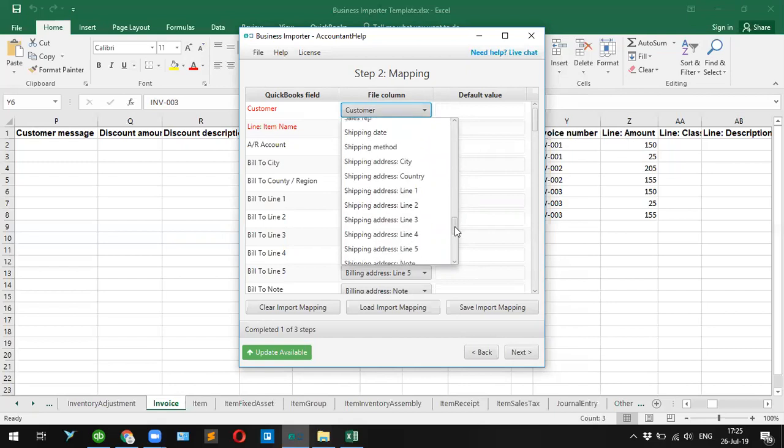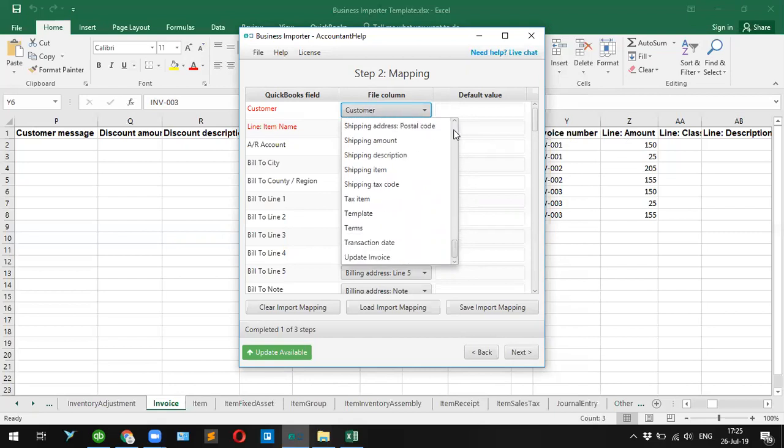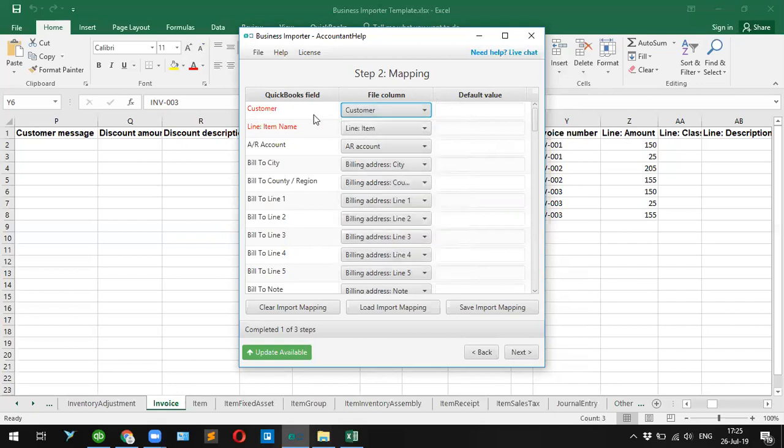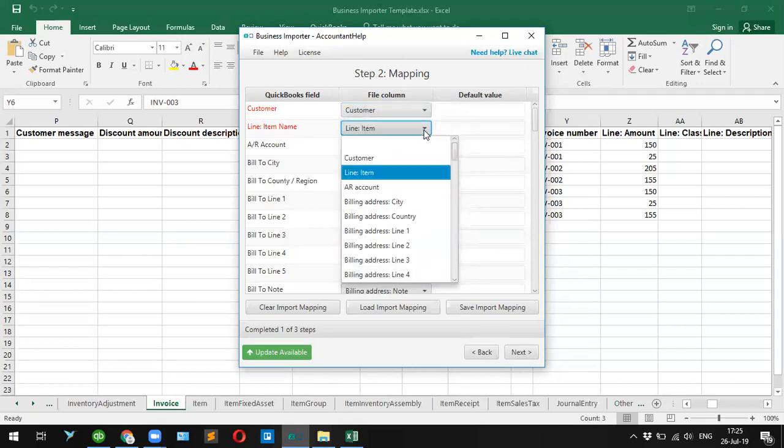And what do I need to do to map them? Okay, so this is my customer field in QuickBooks, and which column should correspond to this field? In my case, the column is called customers, so I select it. And I'm doing the same for each and every field I want to use during the import. So you drop down the list, you select the column needed from your file, the name would be specified here,